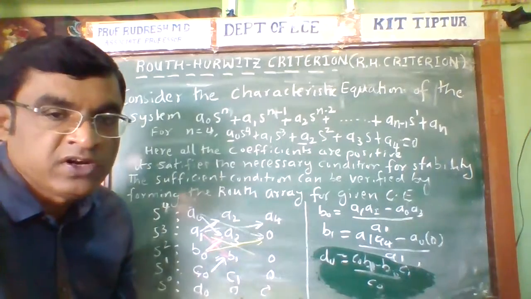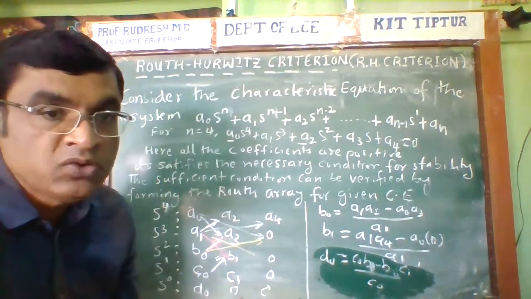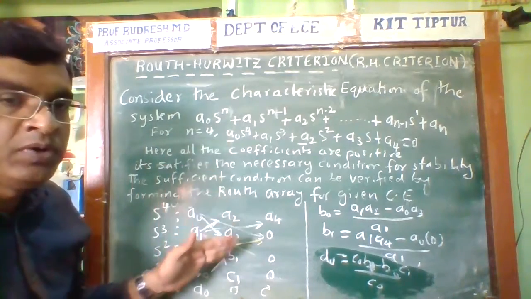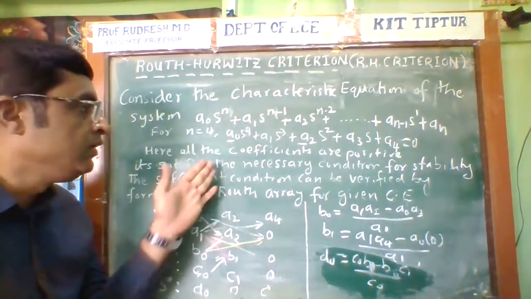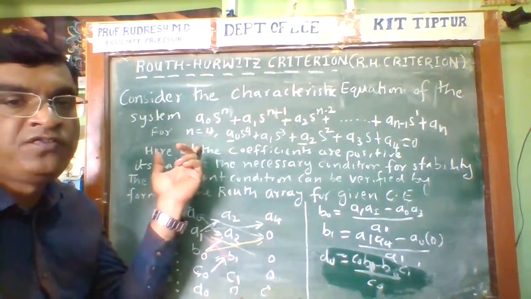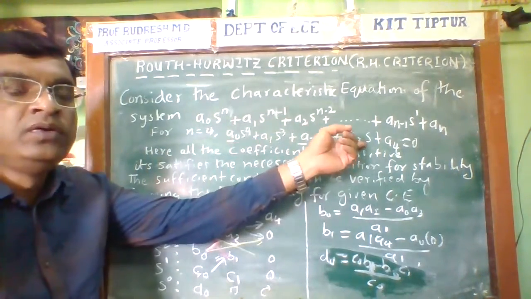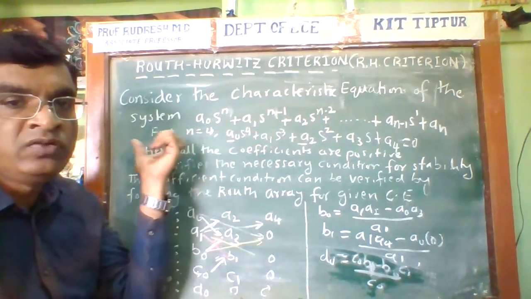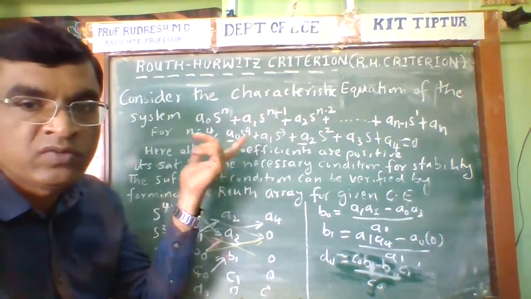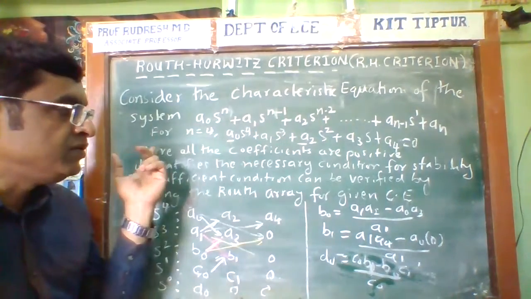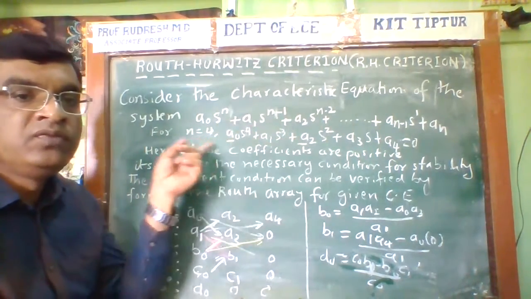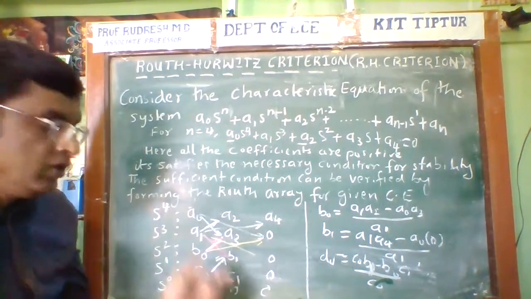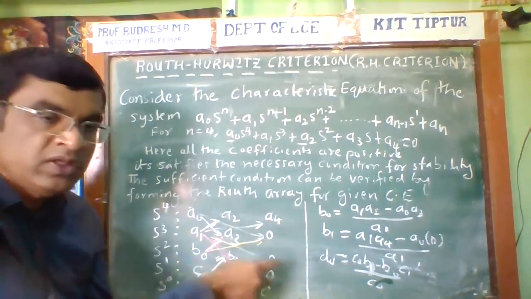In order to verify the sufficient condition of stability, we need to form the root array. The root array can be formed like this, by utilizing the coefficients of the characteristic equation. If G(s) is given and H(s) is given, then by using the G(s) and H(s) values, the characteristic equation is 1 plus G(s)H(s) equal to 0. Now find the coefficients of even powers of s and odd powers of s, and write down the two rows. Then utilizing the previous two rows, write down the next rows' elements.